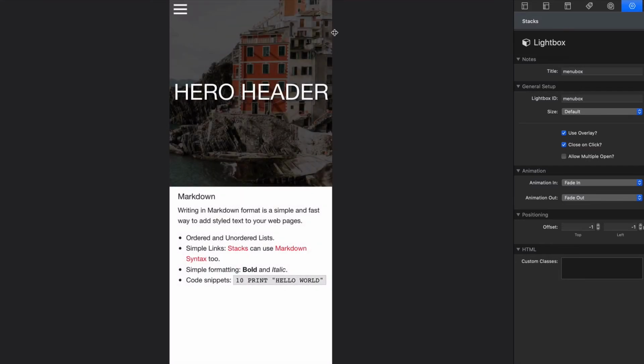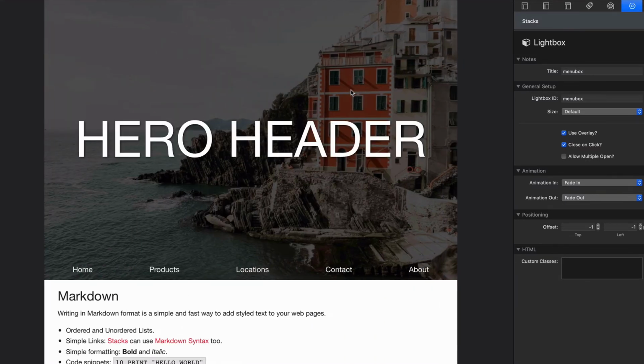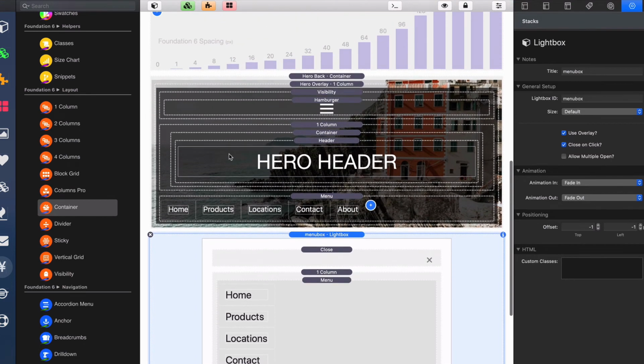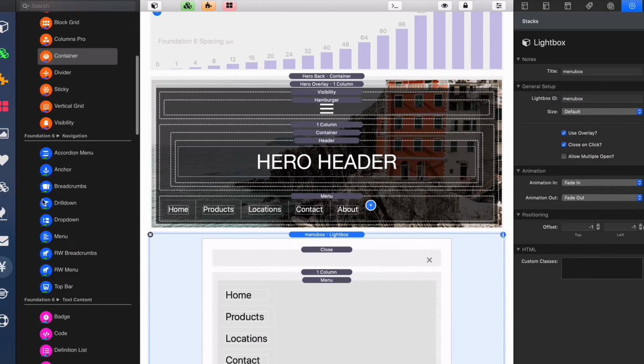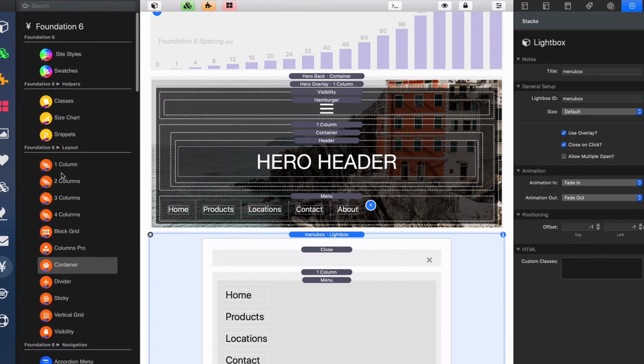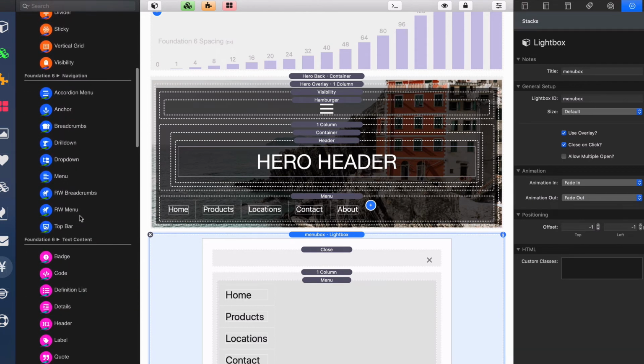Okay? It's just learning how to use these components to bend to your will, right? And just think of it: component, I need a hamburger. That hamburger needs to launch a Lightbox. That Lightbox needs to have a menu, right? You get to build all this stuff yourself. I'm really excited to see what you all create. I've already seen some amazing menus, right? And they're just built out because the drop down or the drill down or any of this stuff, they're just components that you can use in overall design,